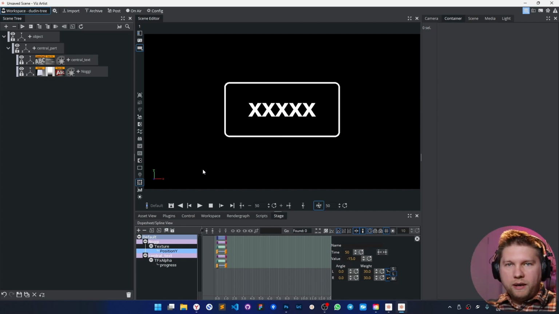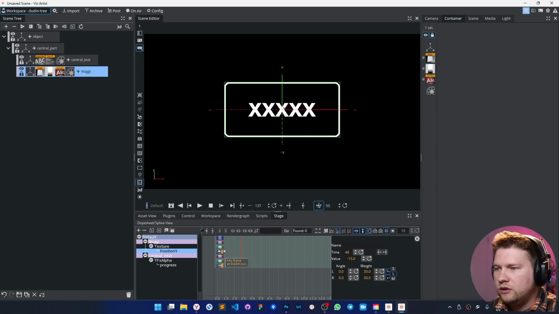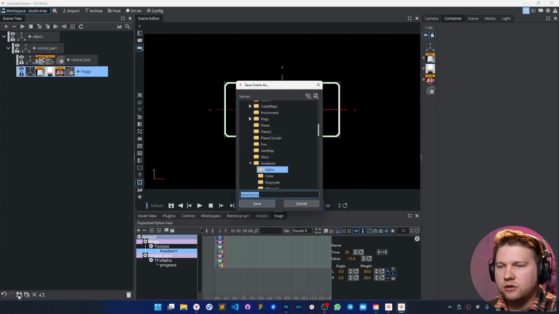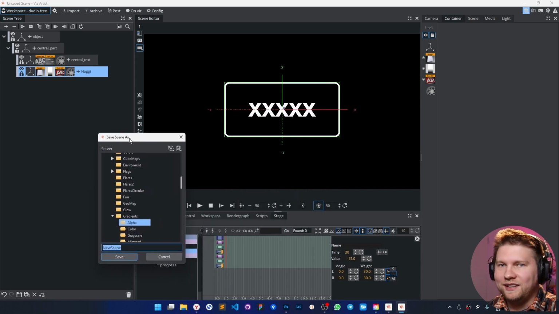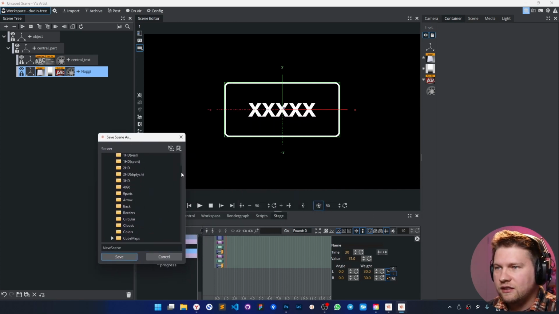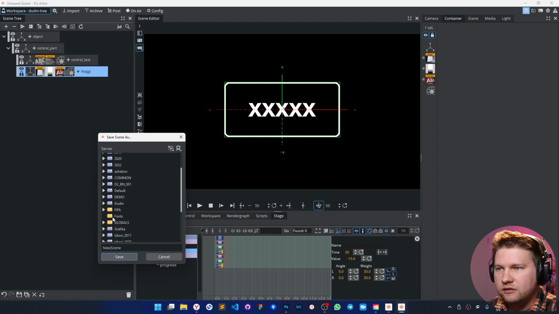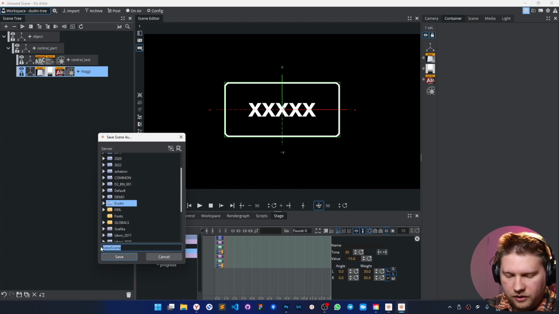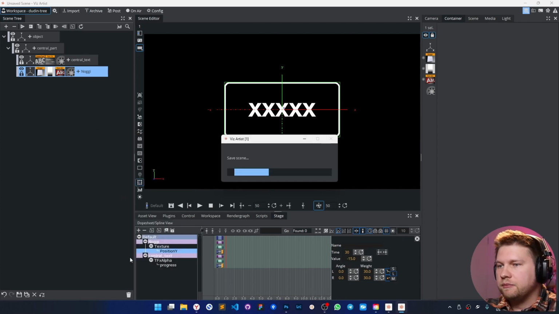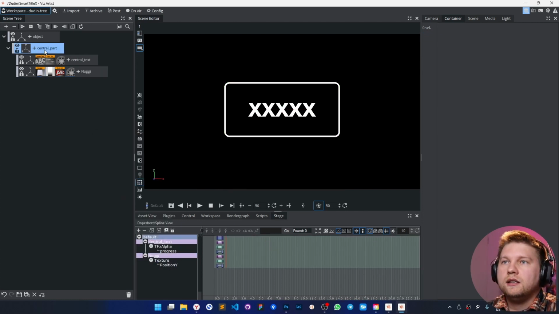So now we made some valuable effort for this, and we don't want to redo this every time. And this very simple element we can store in the Graphic Hub. Oh yeah, by the way, I didn't save this thing itself. So let's do this here. It will be like a smart title. Let's call it X. Yes. Okay, that's done. And now I can just store this thing to the Graphic Hub.